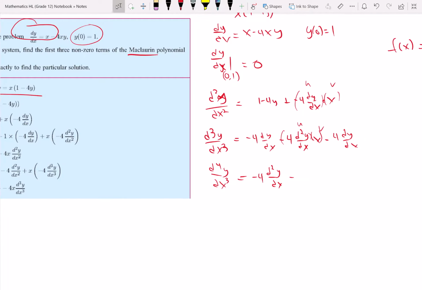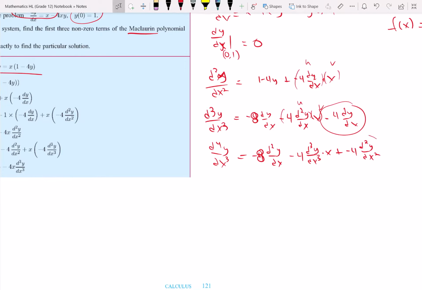I guess we could clean this up a little bit first, right? I could actually put this with this, and that would be negative 8, which just makes this negative 8. And then we don't have to take the derivative of this guy, which is, derivative of u is negative 4 times the third derivative times x, plus derivative of x is 1 times that. And then again, this would combine with this, and you'd get negative 12